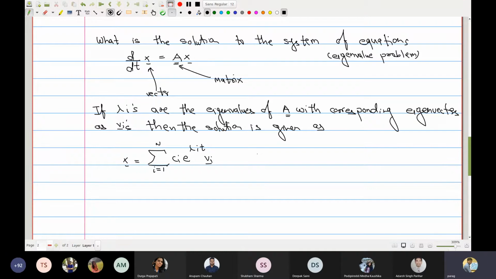And how would you prove this? Just take this, differentiate it with respect to t. You will regain the right hand side, which is here. Okay, so this is the solution. Now we will take examples, and obviously for ease of visualization in the class, we will take the example of a two-dimensional or second order system. The physical example that we will take today will be a third order system. So we'll do both of these things today.